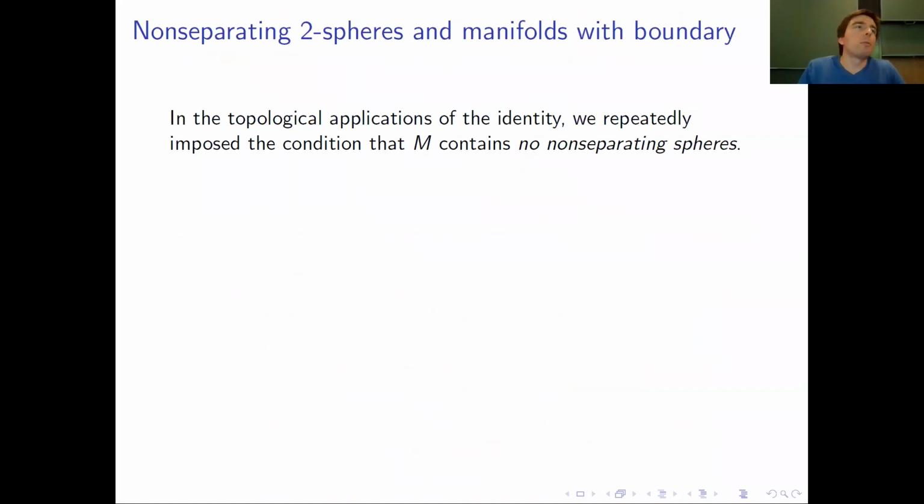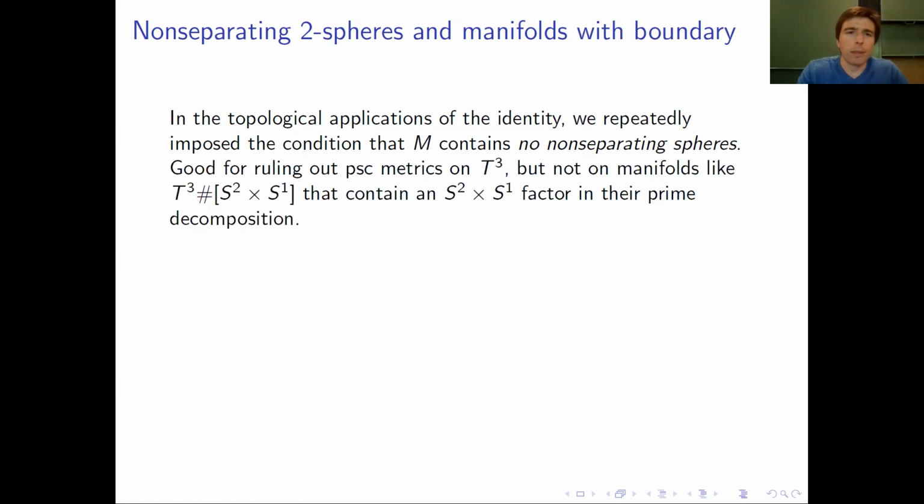All right, so I mentioned before, one drawback of these techniques is that they don't play well with non-separating two spheres. If we have two sphere components in these fibers, then we start to run into problems. As I said, this previous identity is good enough for ruling out positive scalar curvature metrics on the 3 torus, but not on manifolds like T3 connect sum S2 cross S1. So in particular, if you want to prove, say, positive mass in dimension 3 by looking at compact manifolds, you need to be able to rule out PSC on, say, T3 connect sum any